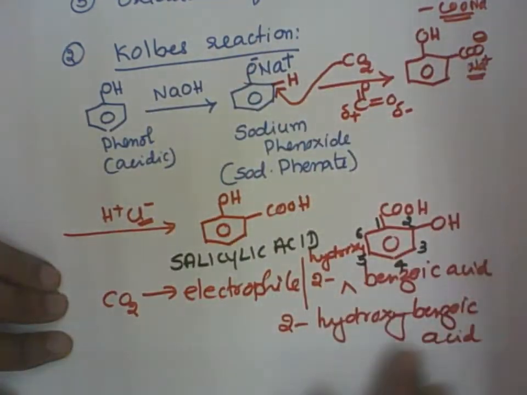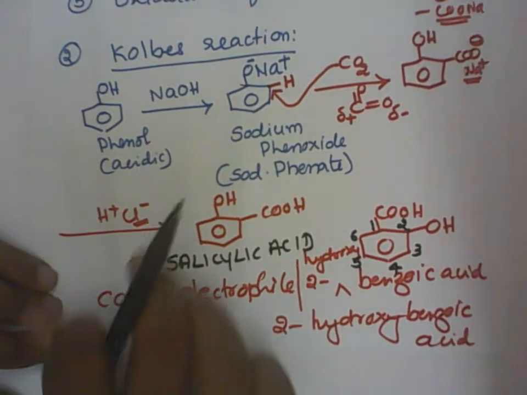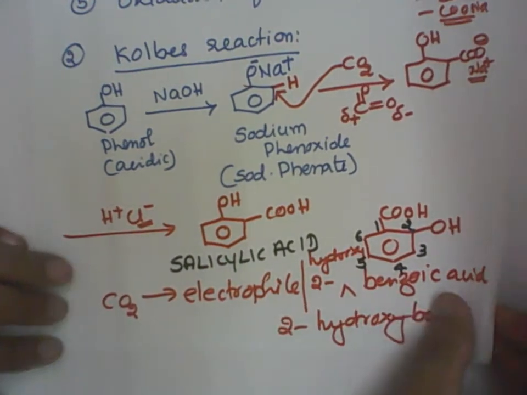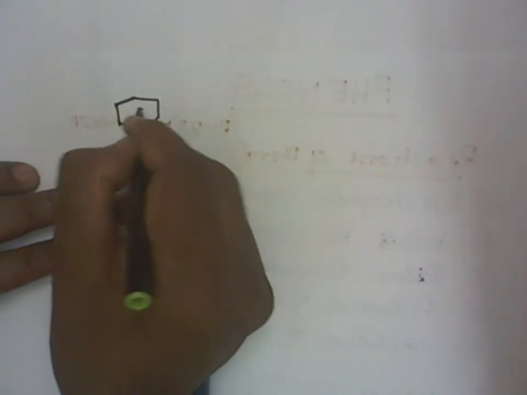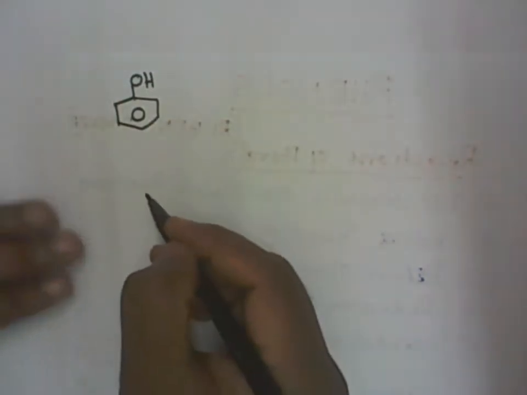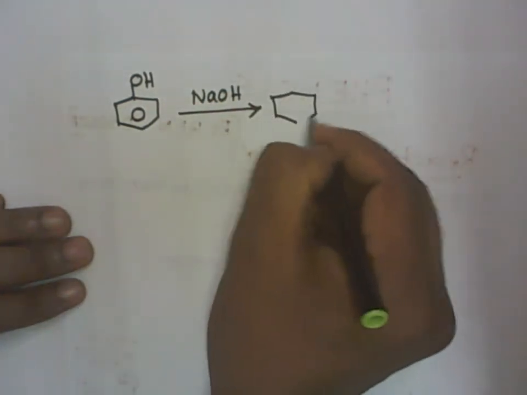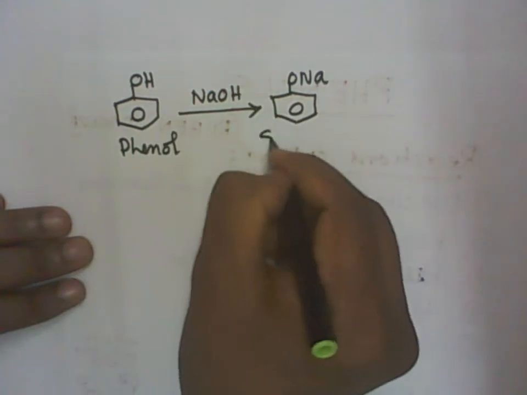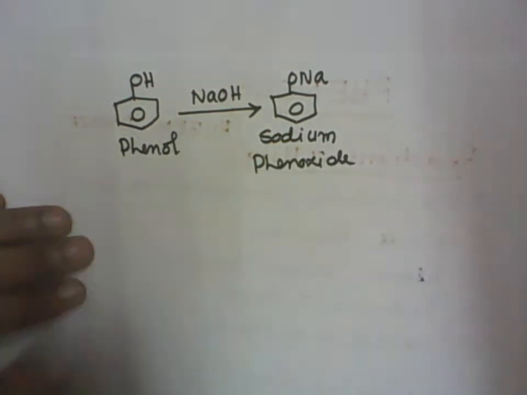This reaction was written in detail. We can condense it now according to the textbook pattern. Remember: sodium hydroxide, carbon dioxide, acidify. So I'll write the pattern given in the NCERT textbook. So what is Kolbe's reaction? Start with the phenol, benzene ring attached to the OH. First it is treated with sodium hydroxide to give the sodium salt of the phenol. So phenol gives sodium phenoxide.